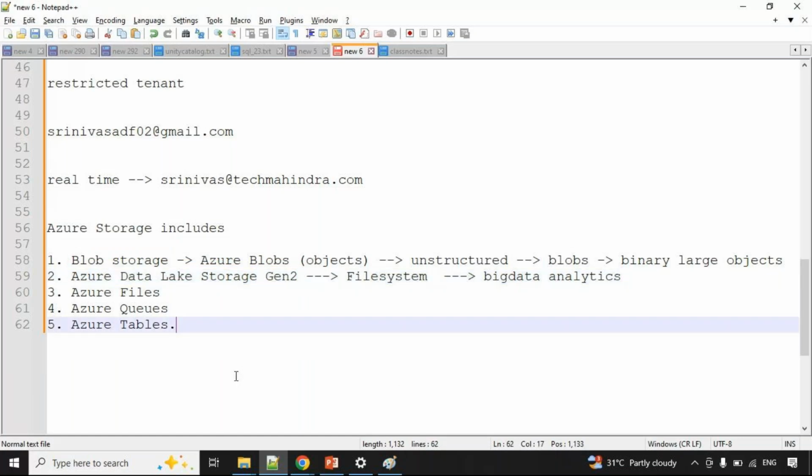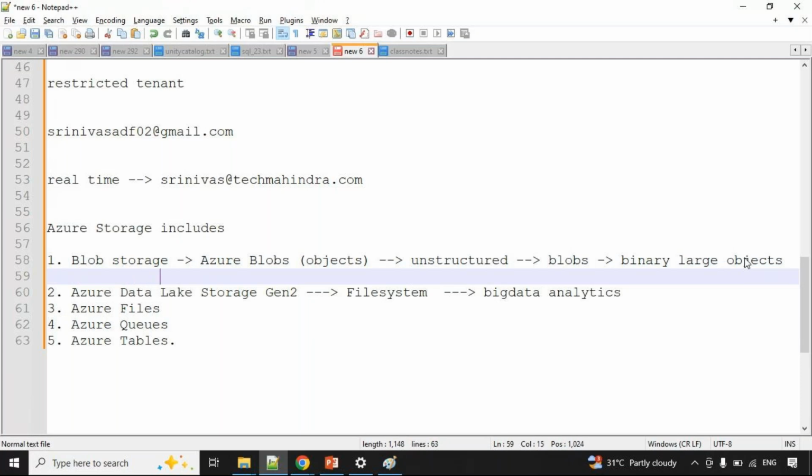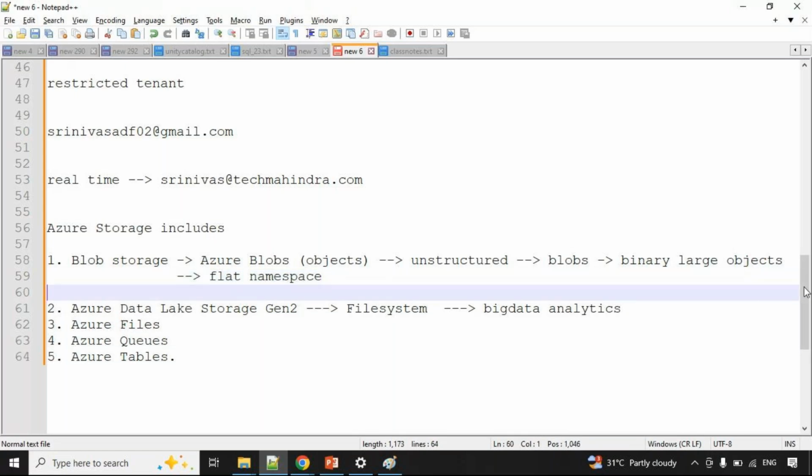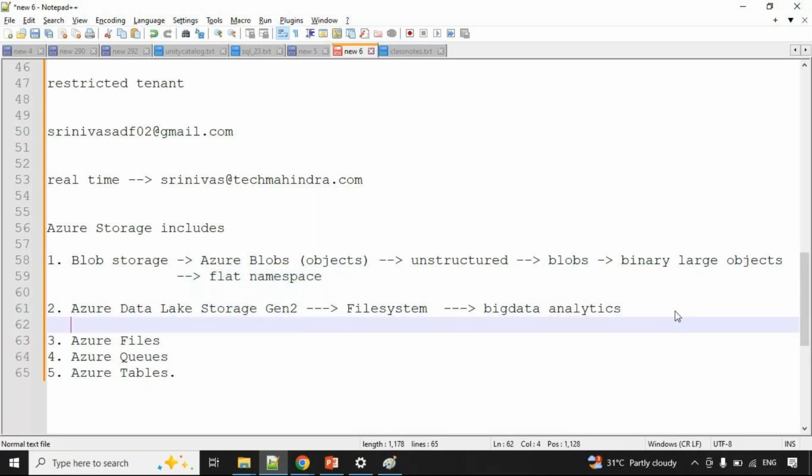Okay, the blob storage has a flat namespace, and Gen 2 Lake has a hierarchical namespace. What does it mean? Hierarchical namespace.